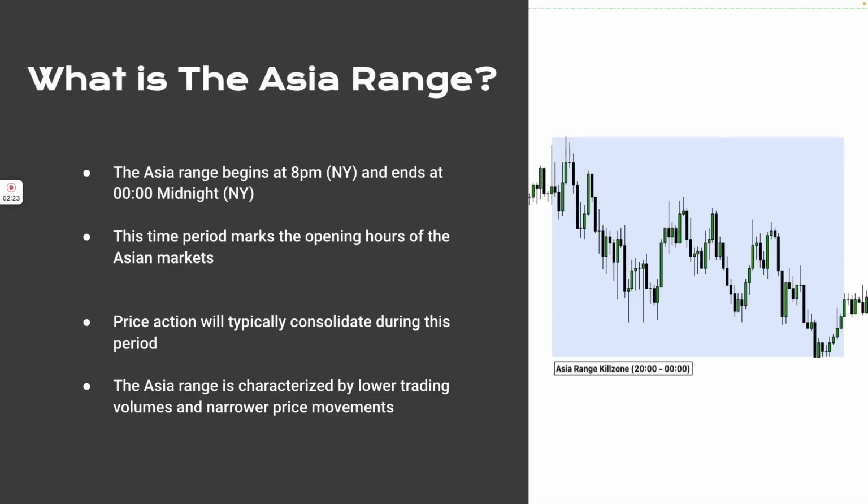The Asia range begins at 8 p.m. and ends at midnight. On the 24-hour clock, this would be 20 o'clock to 00. This time period marks the opening hours of the Asian markets. As you can see right here, price will typically consolidate, specifically during this time period of 8 p.m. to midnight. Almost every single day, you will see a consolidation phase between 8 p.m. and midnight. As I have taught in the past lectures,